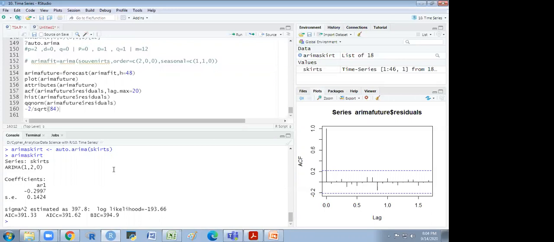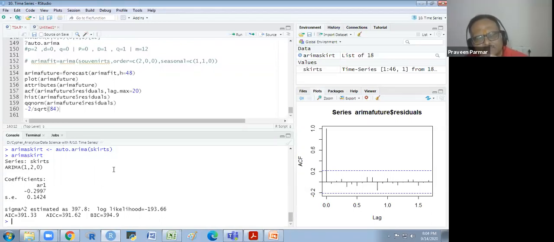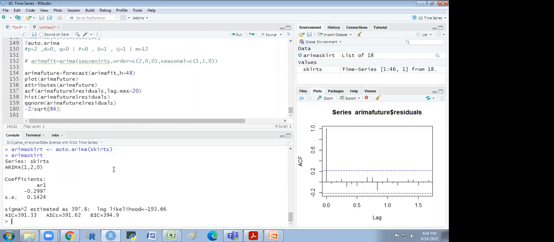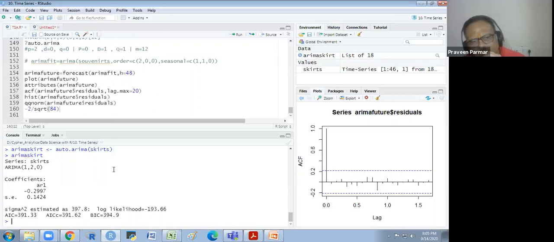When we look at the ACF and PACF, sometimes now we are getting the upper and the lower limit. Previously we were not getting those, so we used to rely on the values of AIC and BIC and see which is closer to the ACF and PACF values to decide the value of P or Q. Integration is separate from these two. It is a criteria to decide what is my AR process and what is my MA process. It is not very complicated. The software is now already giving you the value of P, D, and Q automatically, so you don't need to go into detail of what is AIC and BIC.